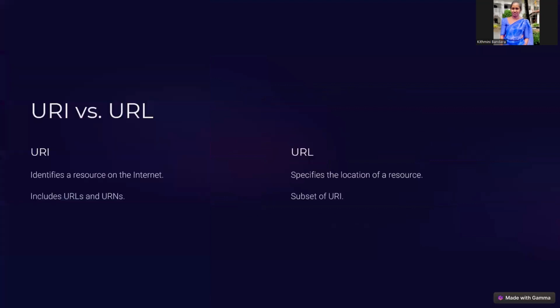Then URI and URL. Now let's talk about the URL and URI. A URI, Uniform Resource Identifier, is a broader term that includes both URLs, which tell you where something is, and URNs, which tell you what something is. For example,